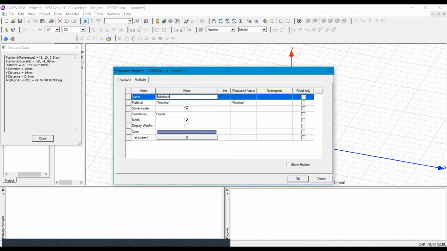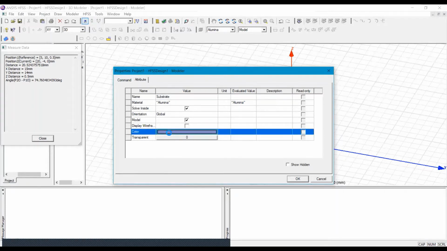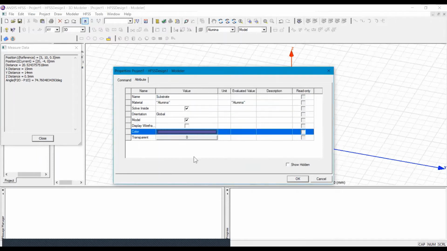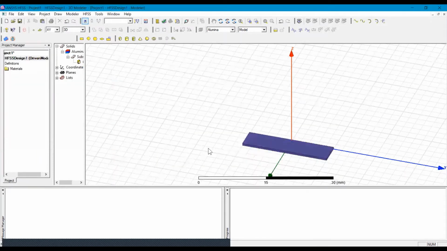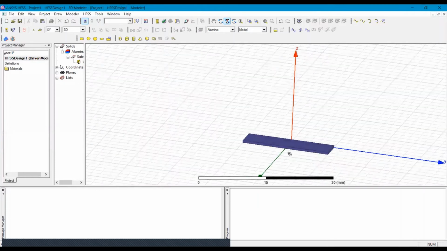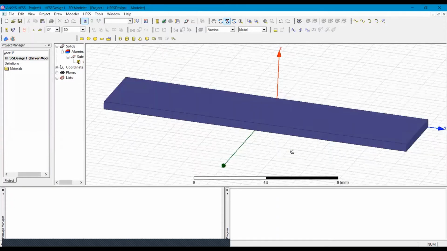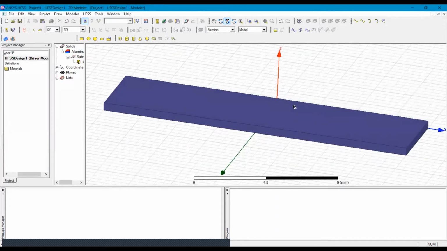The material is already defined as alumina. We will provide a dark color. Initially I'm not setting the transparency. So now we can see that this is the substrate. By pressing Ctrl D, this is the active view of your design.